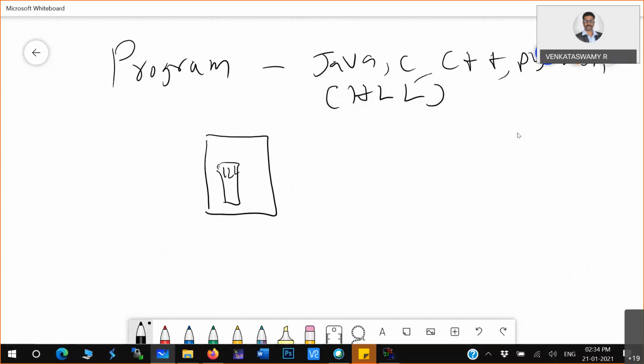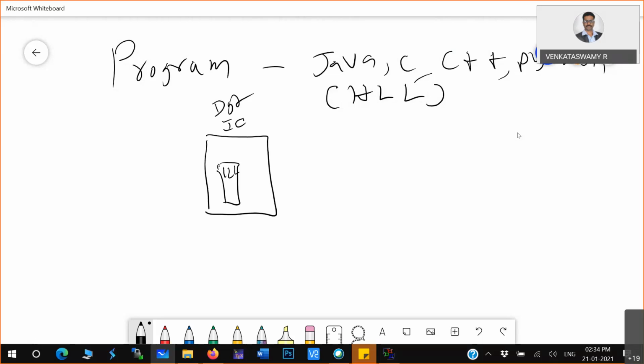That's the only thing it understands. Your digital devices only understand binaries. So the low level or binary programs you have to keep inside these digital ICs.